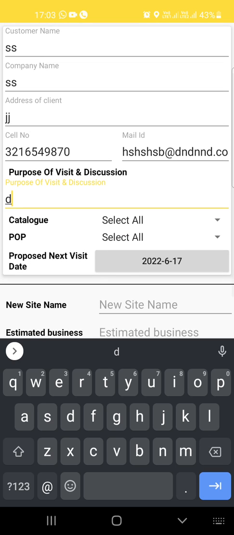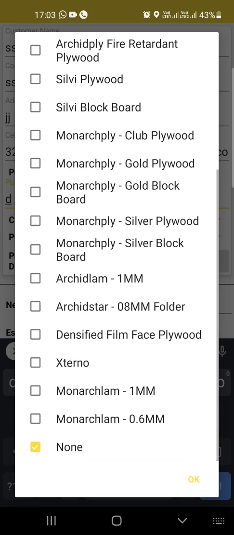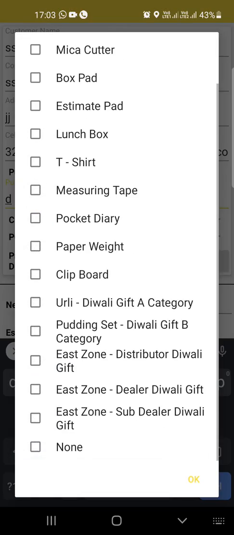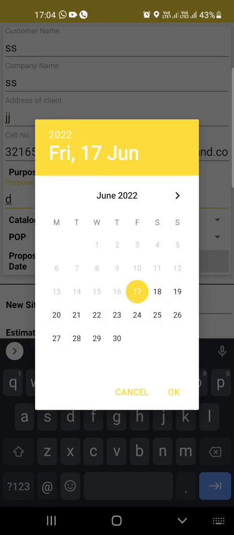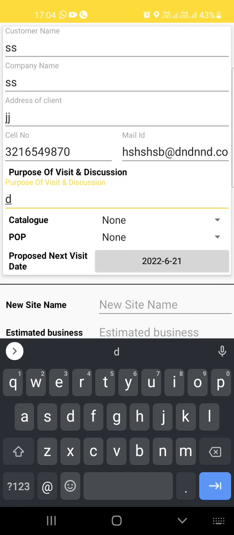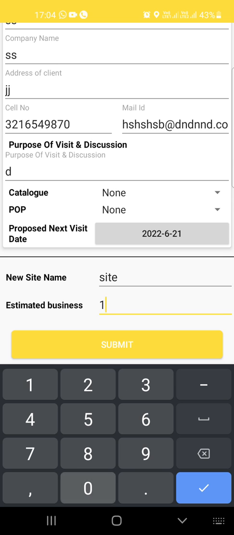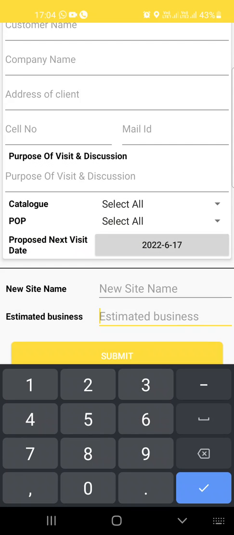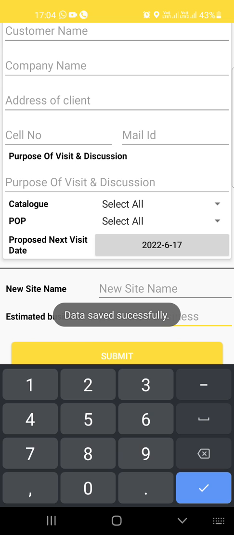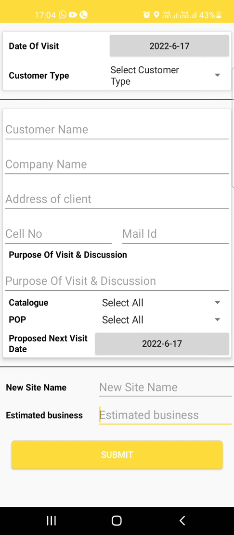I'm going to fill in some more demo data. This time I'm going to keep the date 21, sign business, for example, 100. Okay, you can see data saved successfully, your form gets reset, and the most important part, you don't have any